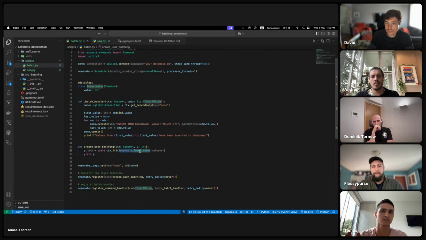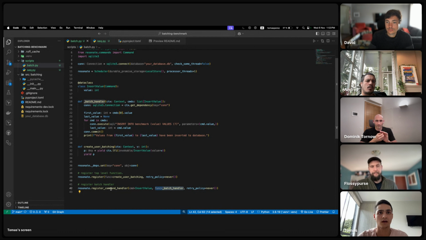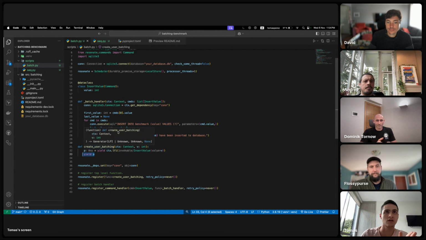You yield a data structure that contains the command needed to have it batched. So you will register the data structure alongside the batch handler at the Resonate or scheduler level. So the scheduler knows that all these concurrent use cases that are yielding this type of data structure, the scheduler can buffer all of those. And then when you await on any of those use cases, the scheduler will flush as many as it has buffered so far.